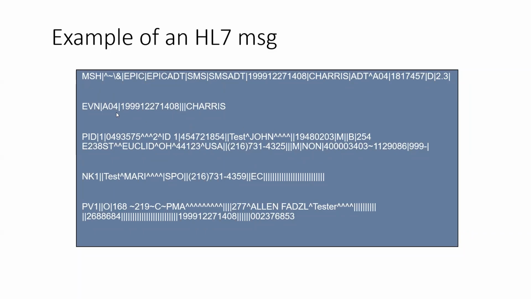You can see that we have 1, 2, 3, 4, 5 different segments here. And these segments will help us to read, understand, and also exchange data between two different applications. Every segment has its own name. This acronym that you're seeing at the beginning will help us to understand what kind of data is transacted in